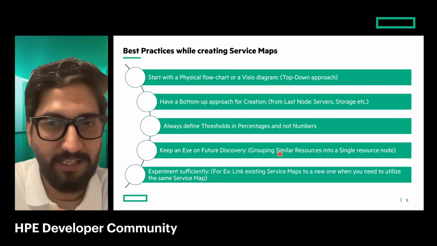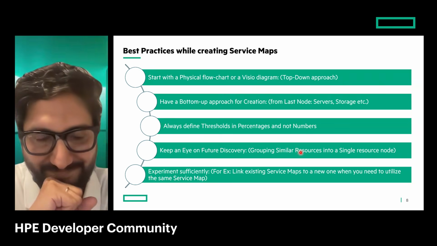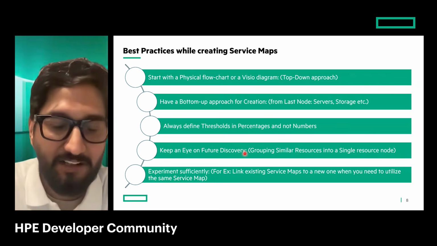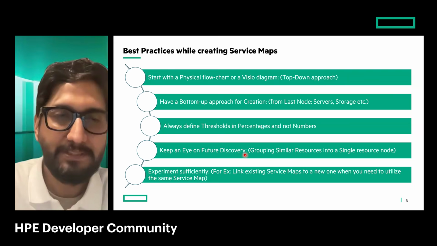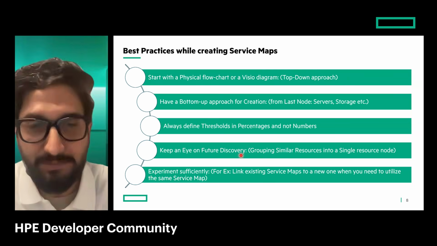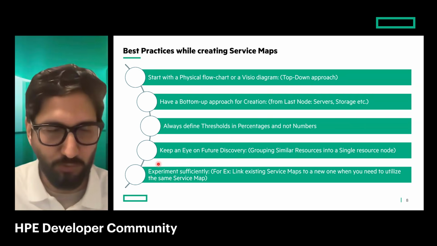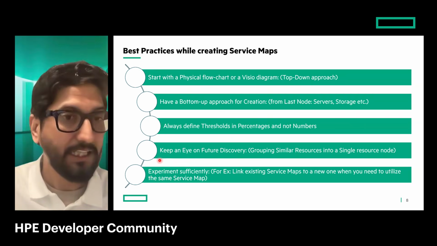So keep that also in mind. Feel free to leverage that also to define the nodes. All right. Like we were referring to earlier, service maps, if we configure them right, they're futuristic. They can manage themselves. We don't have to manage them. It's a one-time setup and lifetime usage. All right. And finally,